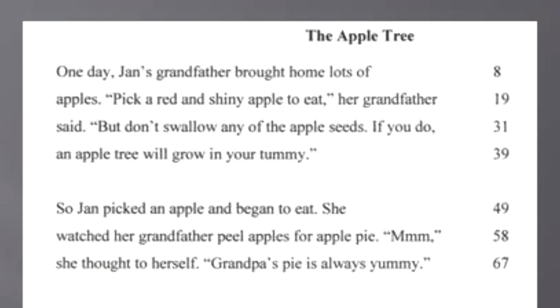Go ahead. One day, John's grandfather brought home lots of apples. Pick a red and shiny apple to eat. Here, grandfather said, but don't swallow any of the apple seeds. Or an apple tree will grow in your tummy. So John picked an apple and began to...